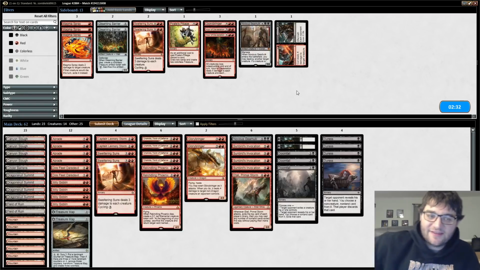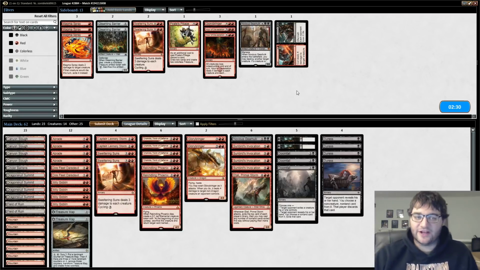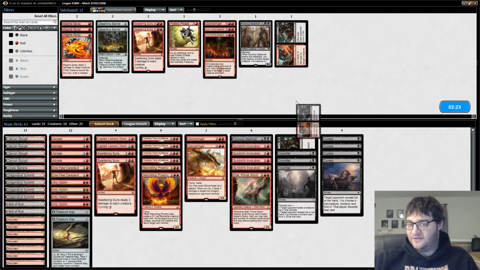Okay, what's this look like? This gets us down to 62. We do want a Braids for the hieroglyphic illumination, and we want a couple Sweltering Suns, to be honest. Maybe one fewer Cut Ribbons is reasonable. Well, Cut Ribbons was very good. I mean, it gave us some chances there, but